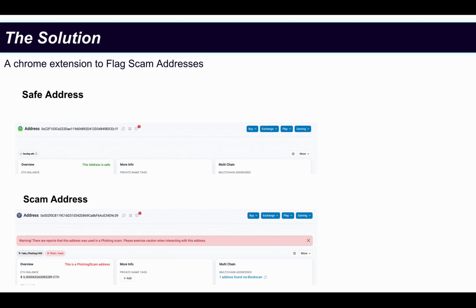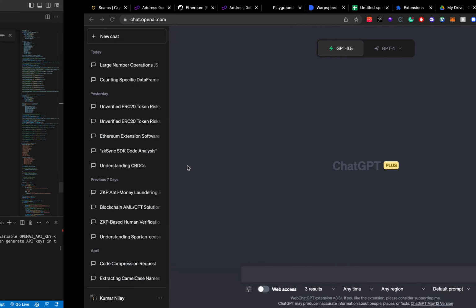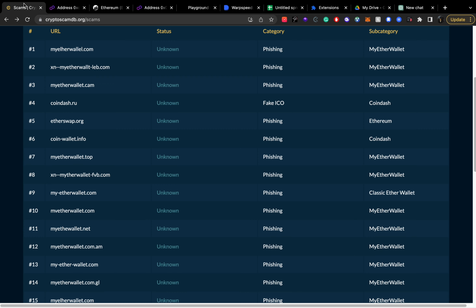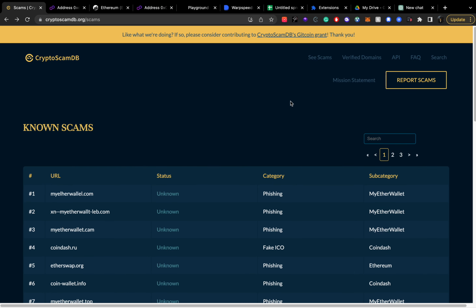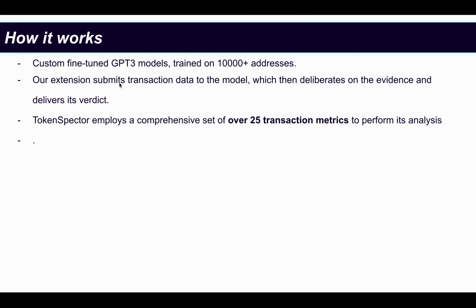So the solution is simply a Chrome extension that is fine-tuned on GPT on the basis of the transaction data of the addresses, and then it simply flags them as safe address or scam or phishing addresses. How it works is that I scraped 10,000 plus addresses from a database of flagged addresses, that is, known scams. And then for each of them, I analyzed their transaction data and created over 25